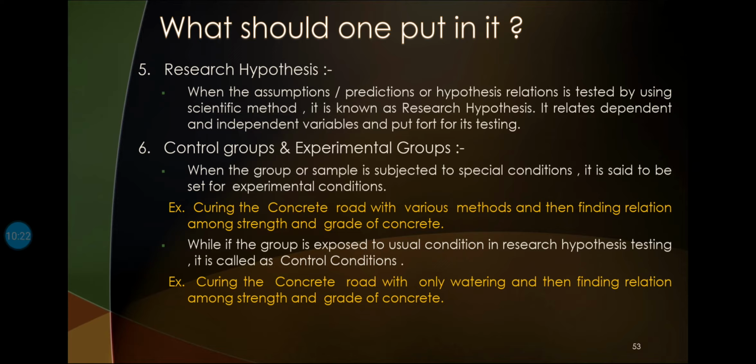If you want to study the effect of excess water on crop, and if you select a particular part of a crop and then you apply the excess water to that part of a crop and then you do the study, you are performing the experimental conditions. When you study the effect of excess water on crop, and you do the field study when it is subjected to all weather conditions as well as rainfall, maybe a heavy rainfall, then you say you are doing it under the control conditions.